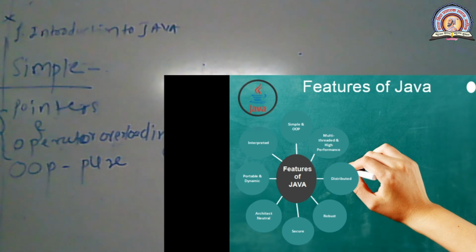Because all the functions should be members of the classes, even the main function. That main function is also a member function of some class.